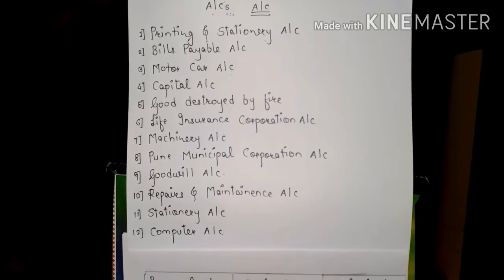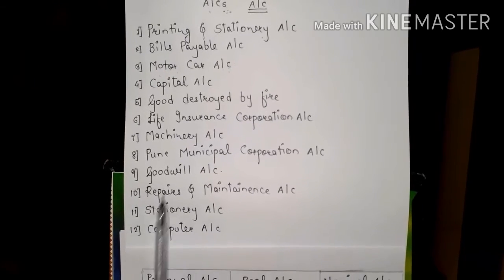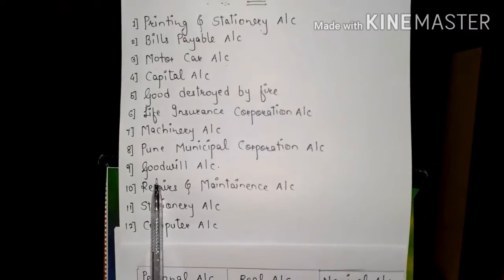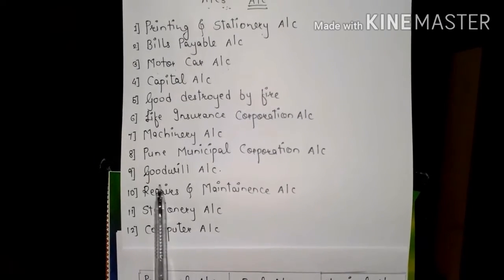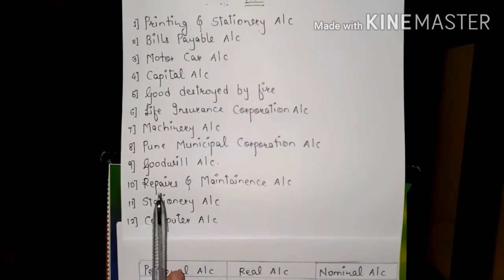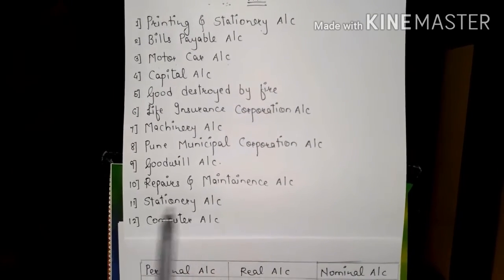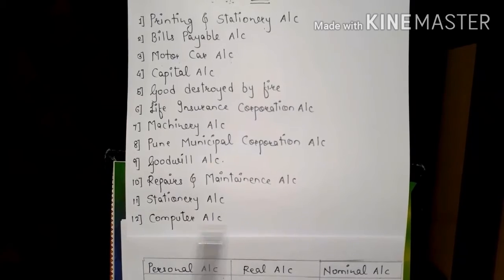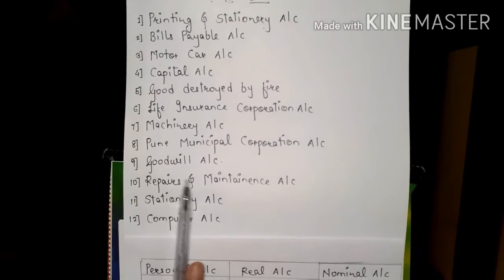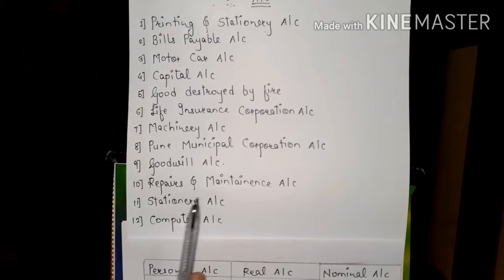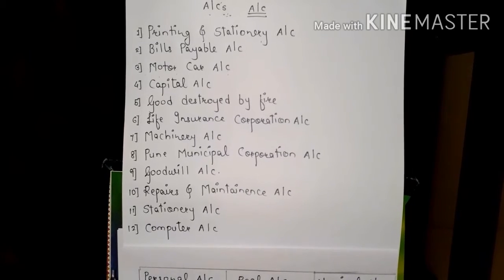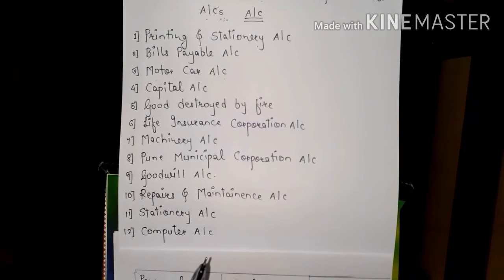So now this will fall under real account because this is our asset. This is the reputation of our company. That is why this is going to be our asset. If our goodwill is high, if the reputation is high in the society, then obviously your business is going to earn profit. But if the goodwill, that is the reputation of the company, is low, that is average, then obviously this is not our asset.